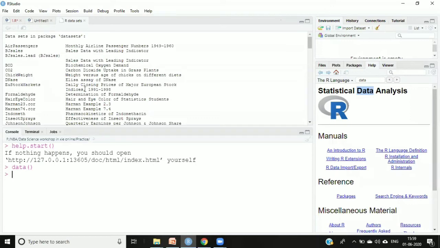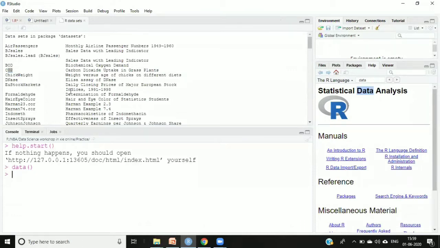Basically this command will show you the different data sets which are available with our RStudio. For example, there is a CO2 data set, BJsales is available, AirPassengers is available. So different data sets are available. Whichever data sets are there, you will be able to see with the help of this data command.